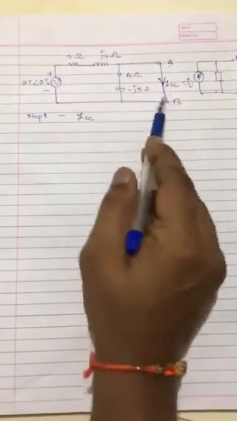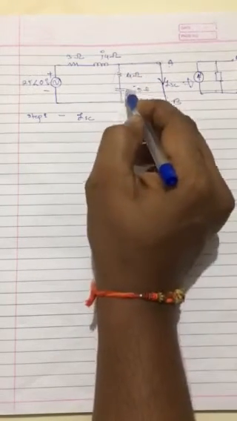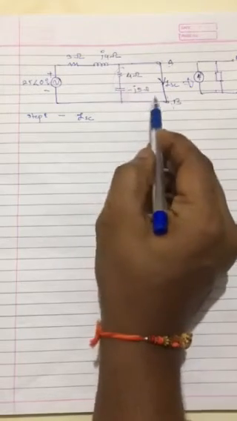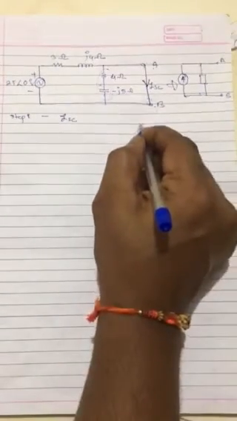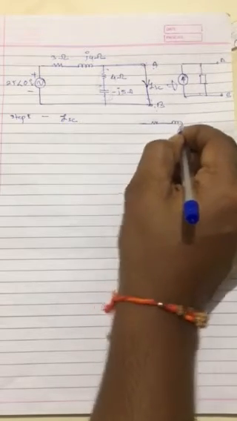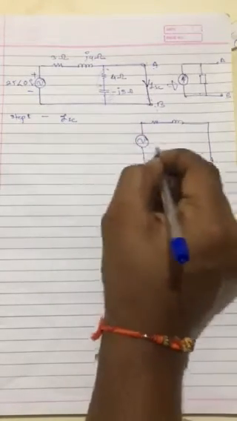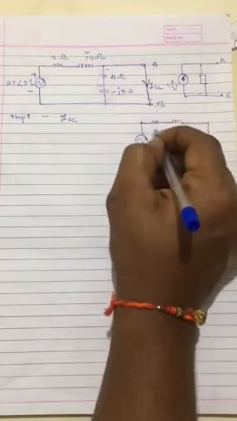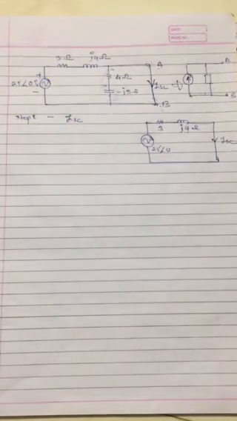Now, the first simple thing: when I short circuit terminal AB, what will happen to these elements? Basic network logic: whenever a short circuit is applied across any element, it vanishes. So you will get a new circuit like this: 3 plus 4j, then a simple short circuit. This is a voltage source of 25 at an angle 0. This is 3 ohm, this is j4 ohm, and this is current ISC. The circuit gets reduced by simple logic.